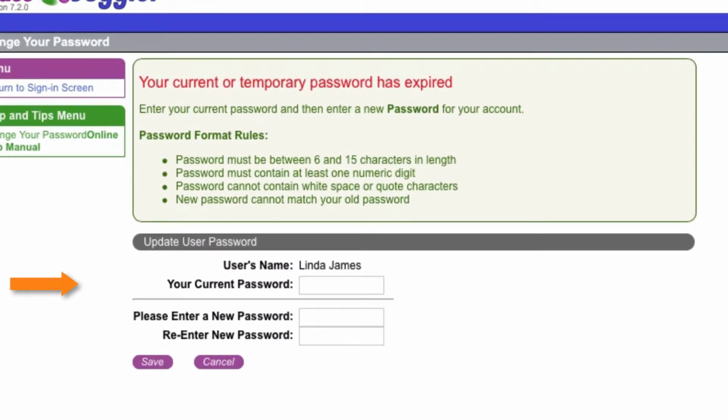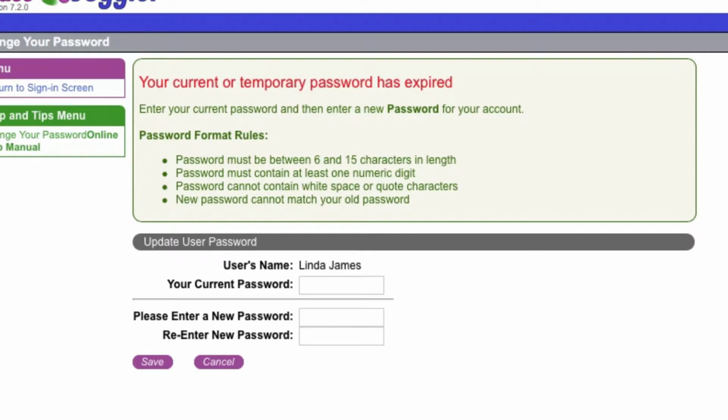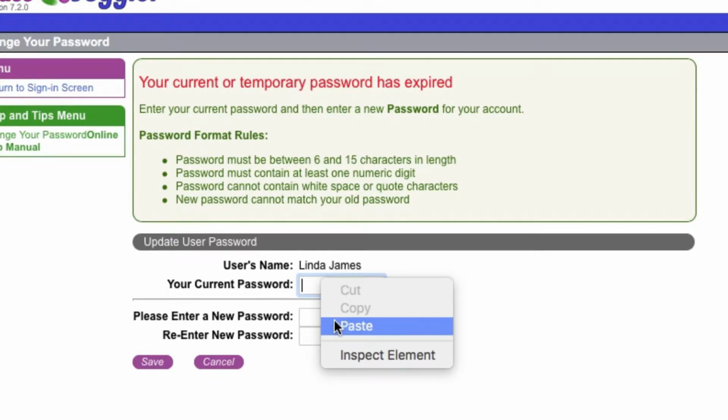In the very first field, ClassJuggler is asking you for your current password. The key thing to remember is that the current password means the most recently assigned password for this user. The current password will always be that password received in the email. So I'm going to go ahead and paste that temporary password back in, and I'm going to use a simple